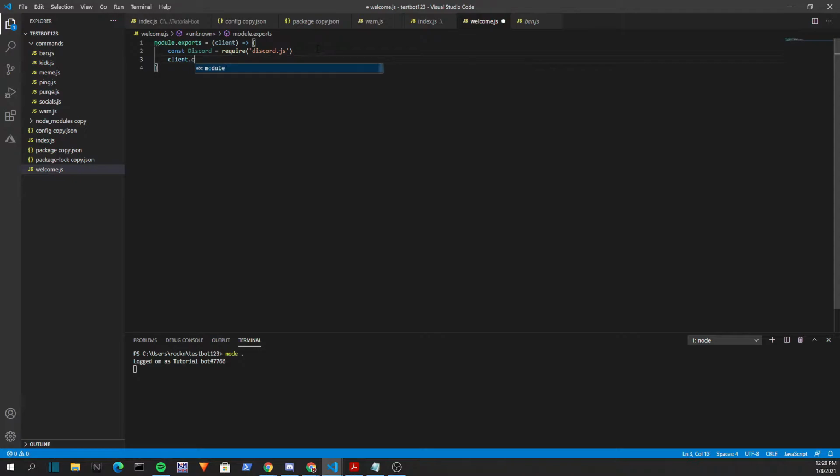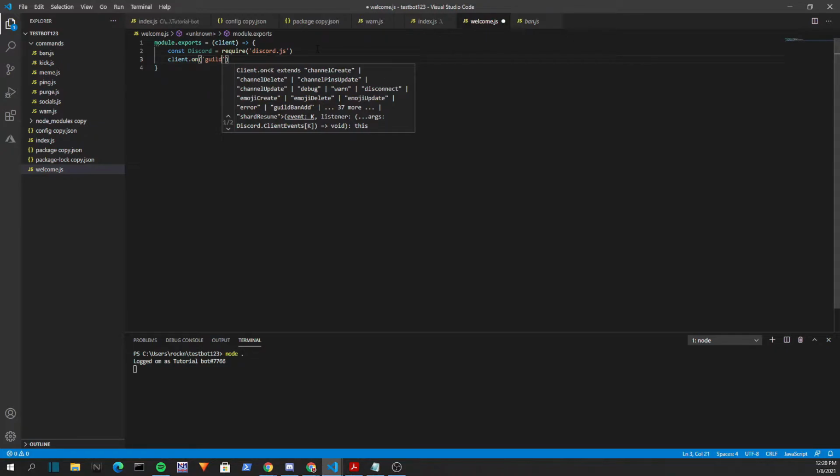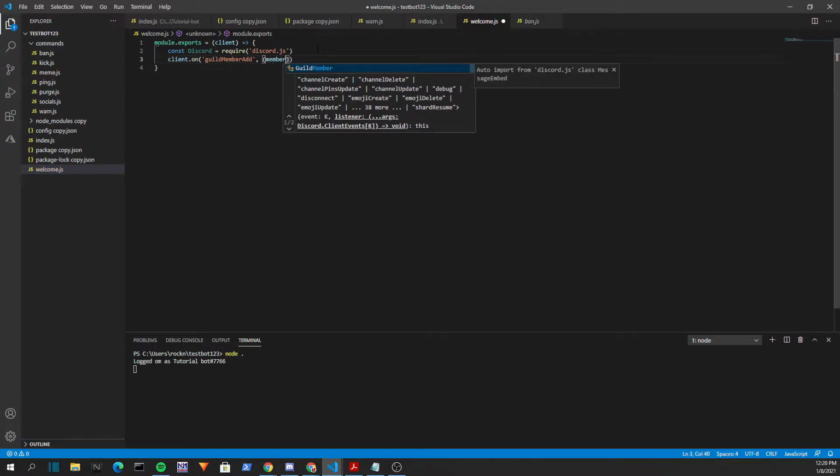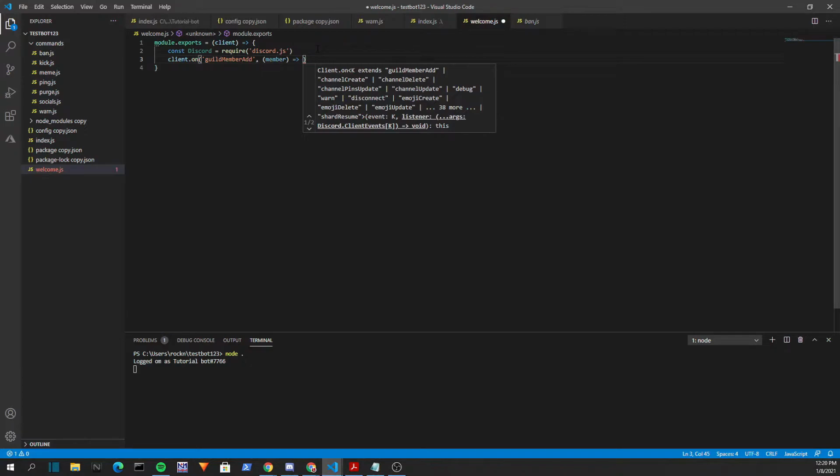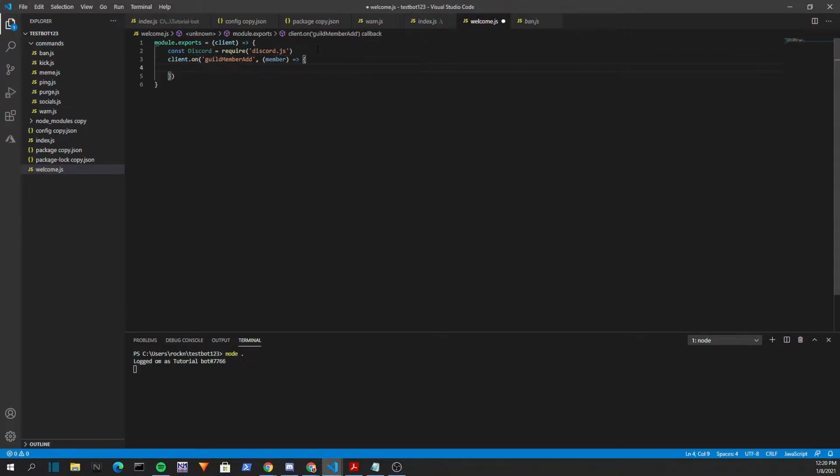Now we are going to say client.on guildMemberAdd. Member and Add are both capitalized. Now comma, parentheses, member, arrow function, brackets. Now inside these brackets, we're first going to say const channelID, and there's two ways that